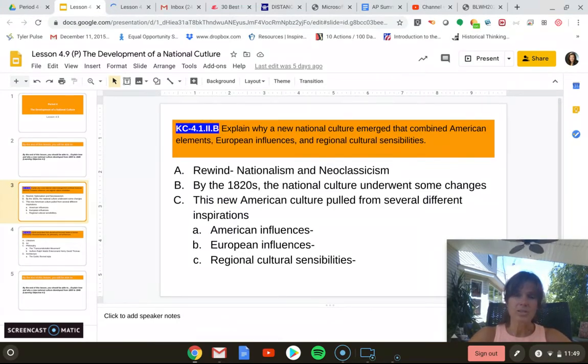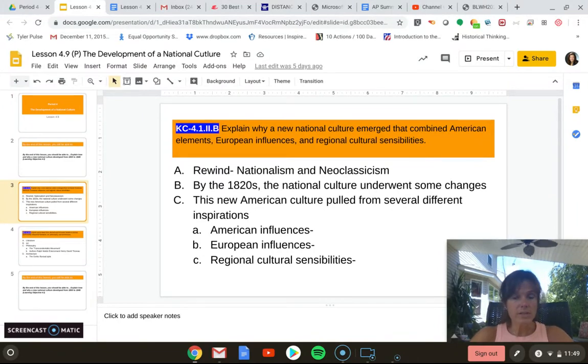European influences. During this time, period 4, in Europe, there is this notion of Romanticism. Romanticism doesn't mean, oh, I'm romantic and I love you, per se. It's more of the idea of an individual, a person, a human, embracing emotion and celebrating nature. So it's not romantic love. It's this idea of individual passion, individual emotion, and the celebration of nature.